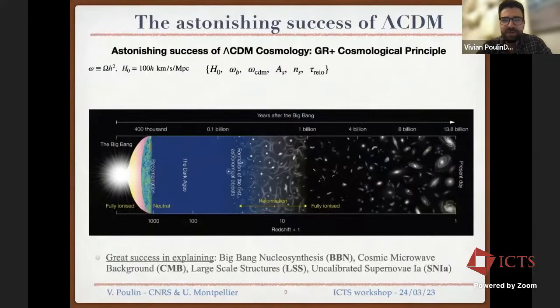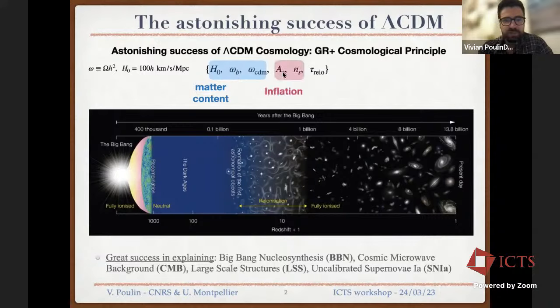So before talking about problems, let's talk about successes and remind ourselves that ΛCDM is an incredibly good cosmological model that relies on two principles, of course: general relativity and the cosmological principle of homogeneity and isotropy. It has essentially 6 parameters, 3 of which can be understood as describing the matter content, which sets the expansion rate. And that's how we know, of course, of dark matter and dark energy.